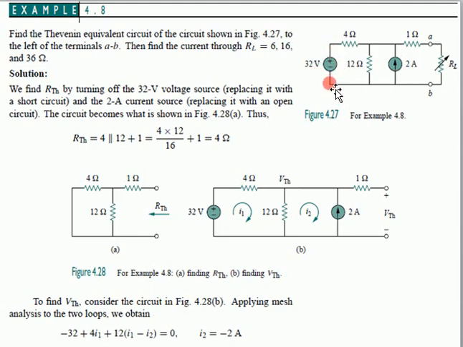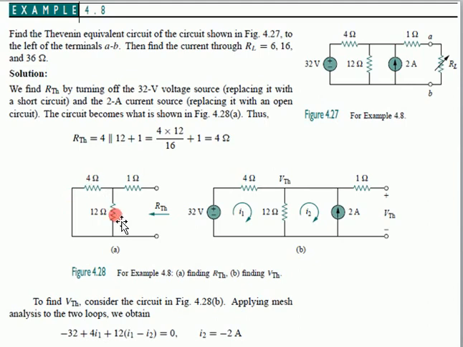By shorting this circuit and by opening this circuit, because this is the current source and this is the voltage source here. When we do this, then the resultant circuit will be this. This has been short circuited, here is the short circuit, and it has been open circuited, so no branch of this is here. So at the end we are having 1 ohm, 4 ohm and 12 ohm resistor here.